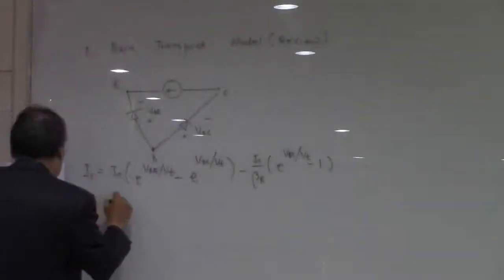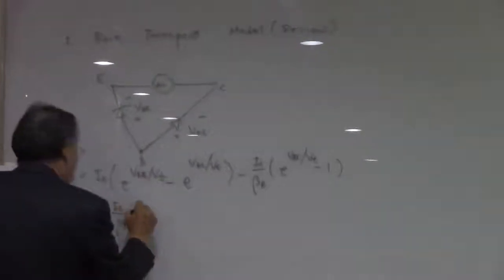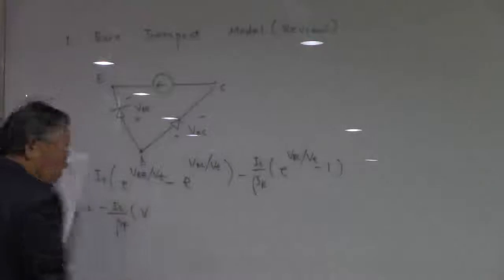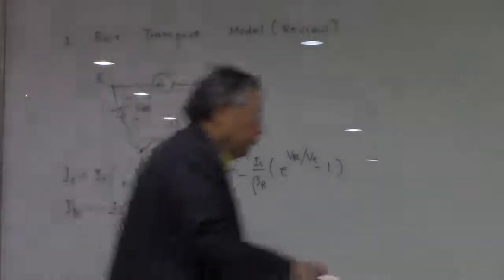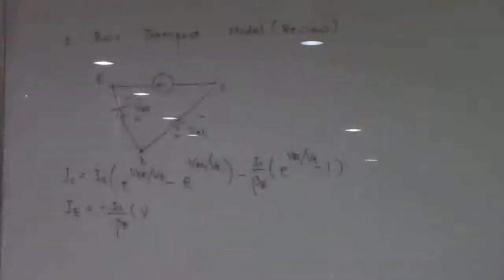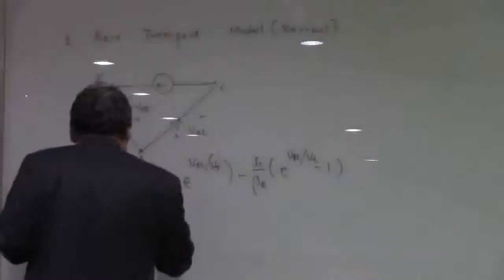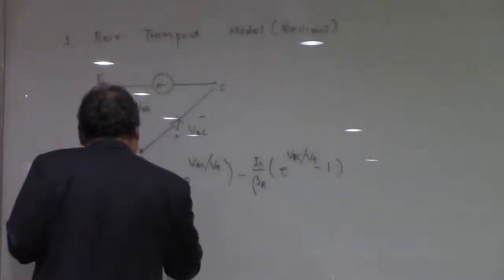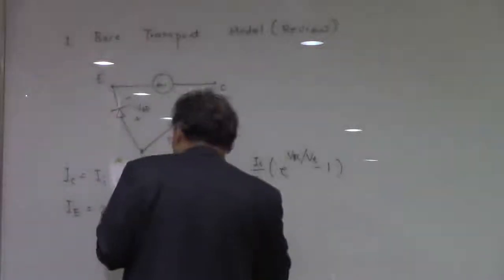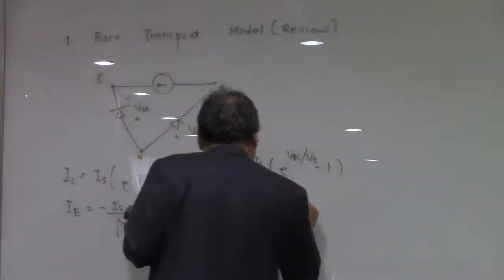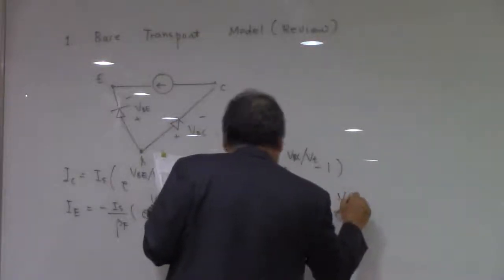And IS over beta F, free T. Minus 1 minus IS, free BE free T minus free BC free T,